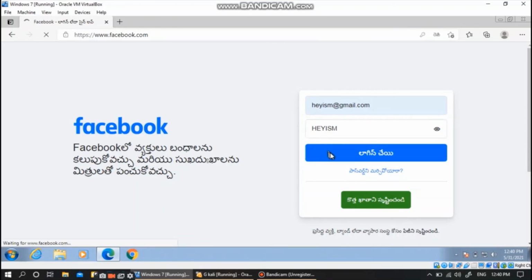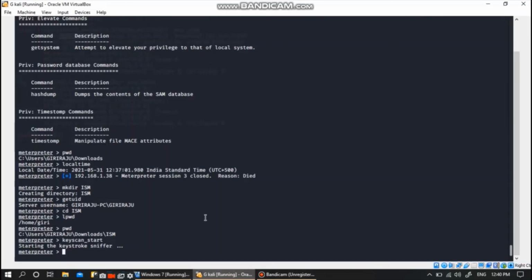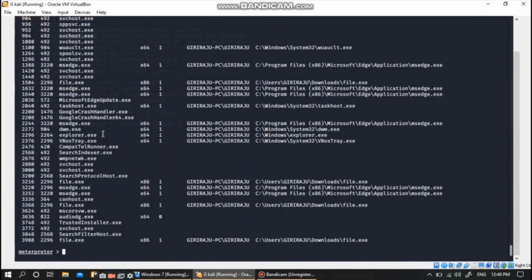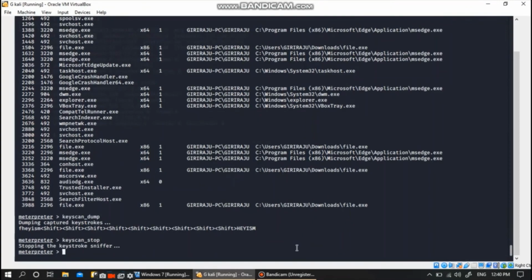We'll get this password in the Kali machine now. keyscan is the command. keyscan_dump is the command. So ISM is the password and the username is present in the front. So we have got the username and the password in our system.